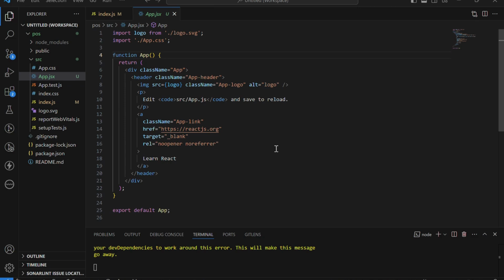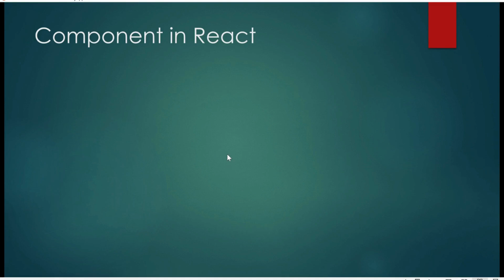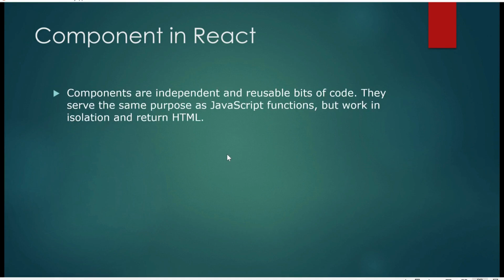In the last video, we learned about JSX. In this video, we will see what a component is. React is a component-based library. So what is a component? If you look at the definition, components are independent and reusable bits of